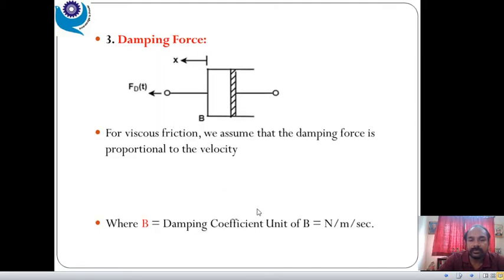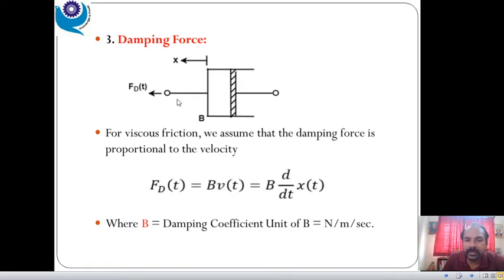Damping force. In an electrical system, if you take the example of a resistor, it opposes the flow of current, and in a mechanical system damping force acts the same way, right? So the damper, or you can call it a dashpot, has its constant given by B, right? There are so many types of friction. When there is a motion, then there is friction. When motion exists, then friction exists over there.